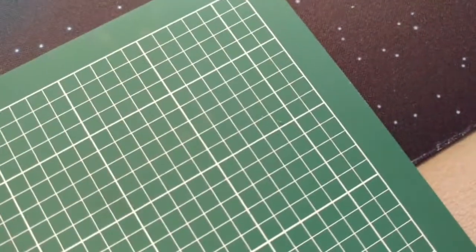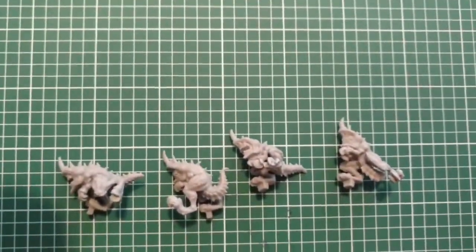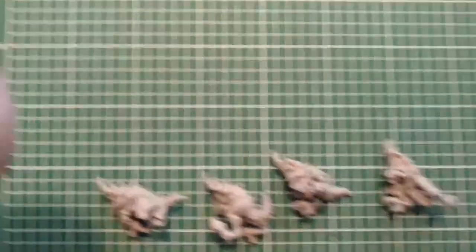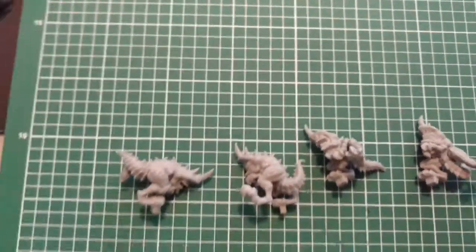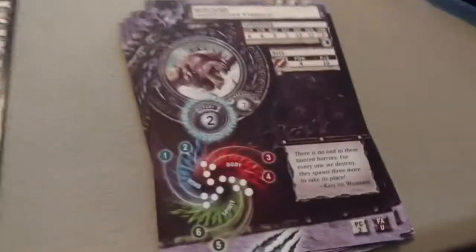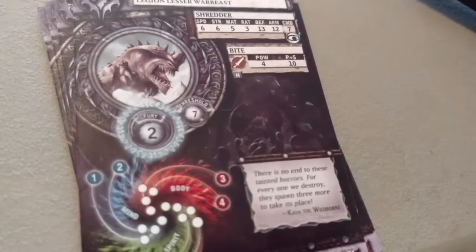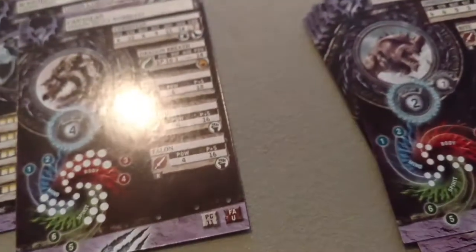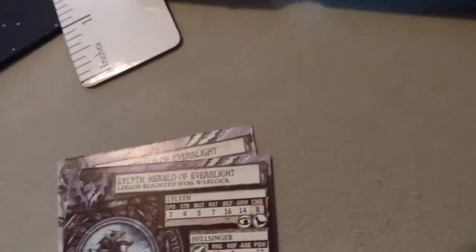Also, the light war beast in here comes with 6 of these little shredders. I kind of posed mine all different. Made some look like they were running. Some like they were just whatever. They're tiny little dudes. I mean, they are small little fury bags that are like pop rabid, run up, generate some fury, get leeched, and die. They can also be used for other stuff, of course, but that's basically what you're going to get. And there's 4 of those guys in there, these little shredders, and then the Warlock